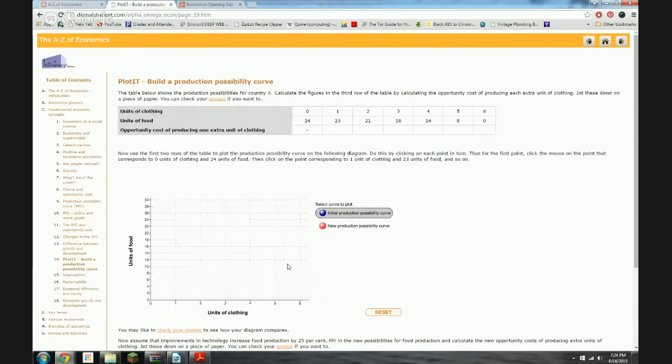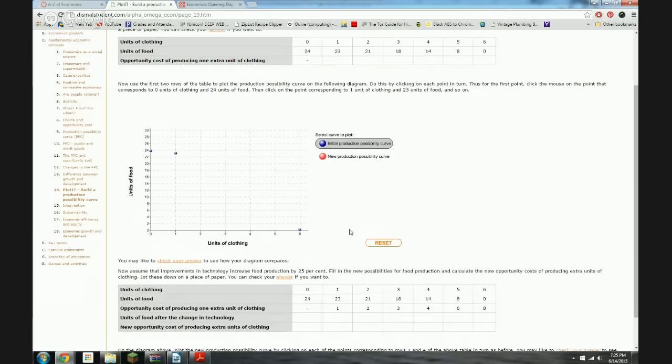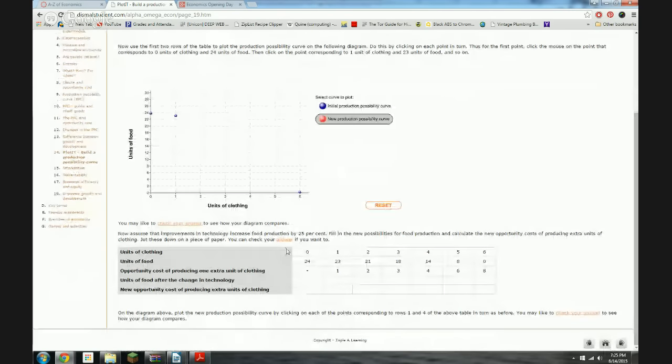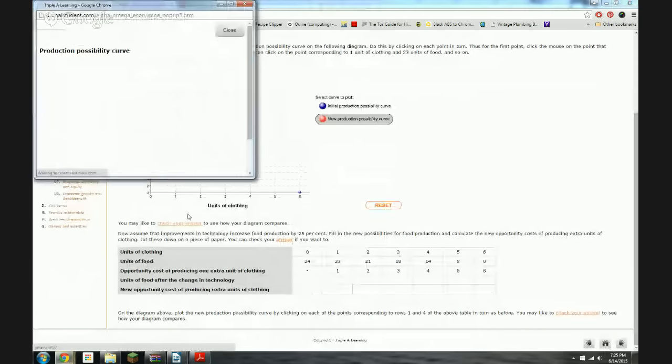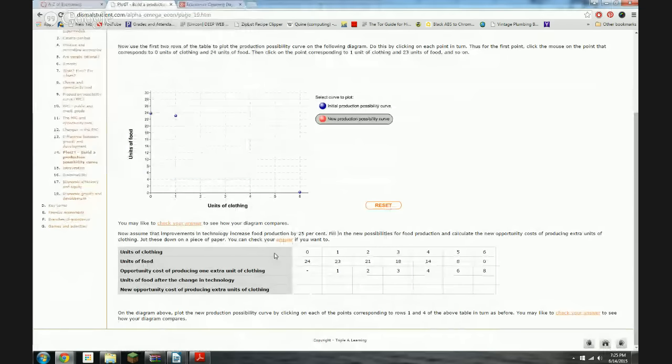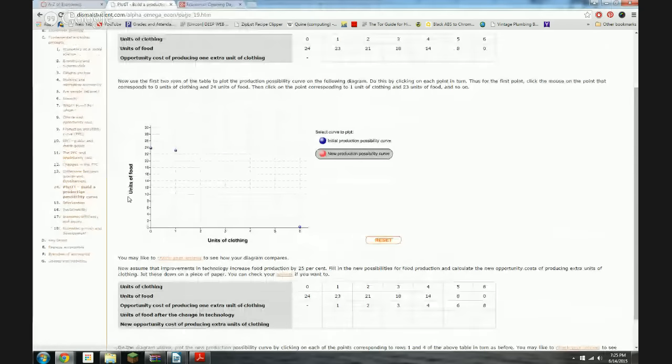Then we get down here to this. We've got an application where we can build a plot, so we can go 0 and 24. I don't want to do the whole thing for you, but you click on the points, 1 and 23. And when you click all the points all the way down to here, you end up with a complete graph, and it'll complete the graph. And then you can click on a new one and do the next thing. So just follow the directions. You can always check your answers, but I'd encourage you to try it first, then check your answers. It's your chance to try graphing something on your own.